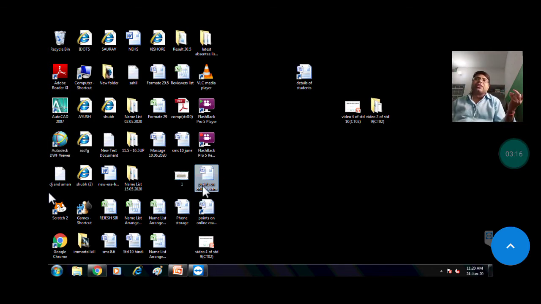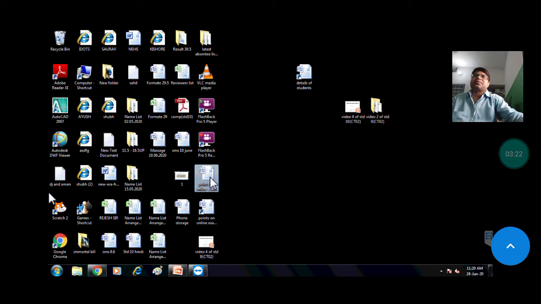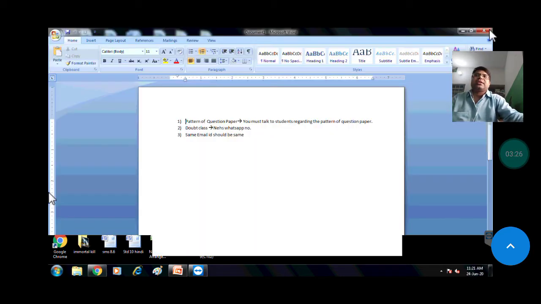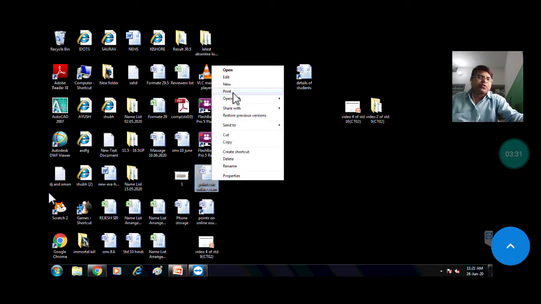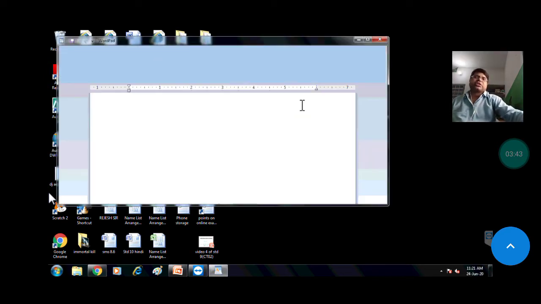You can open the file, you can edit the file, you can use new also. You can use print also if you want to print it. You can open with another application. But listen, my dear, it is an MS Word file, so only in MS Word. You can try other applications like WordPad.